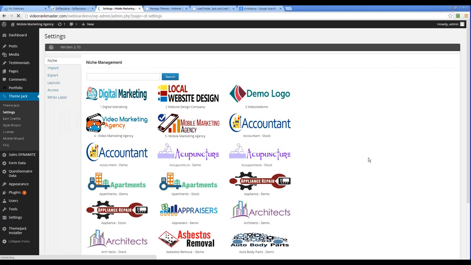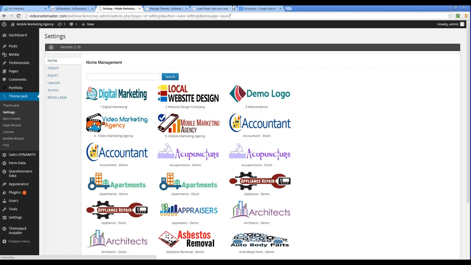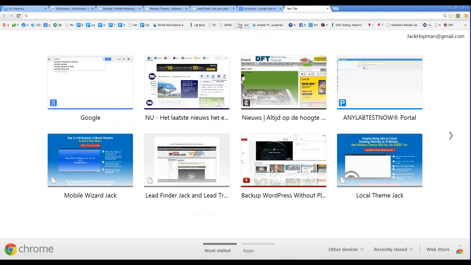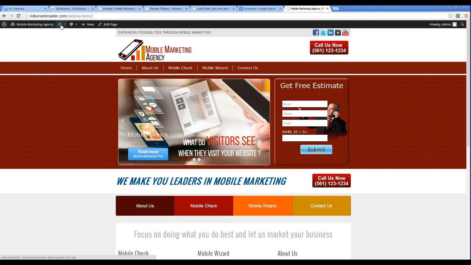I select the mobile marketing agency team and I click import. So then let's show the website on the front end, and voila, on a new subdomain I have installed the